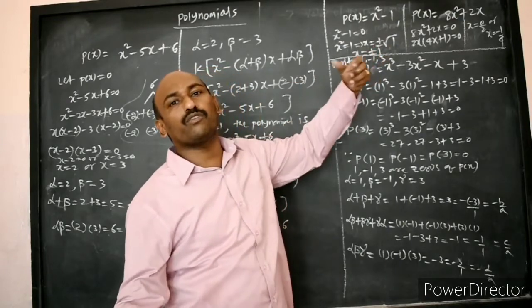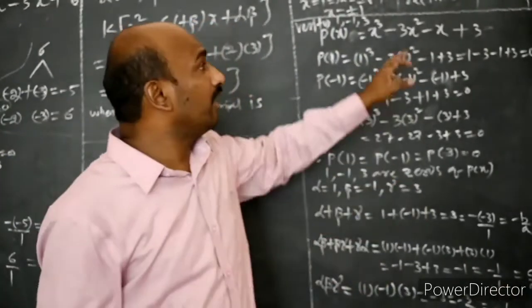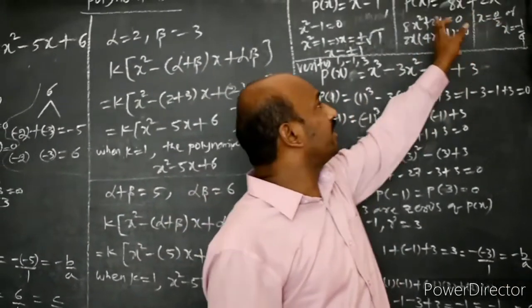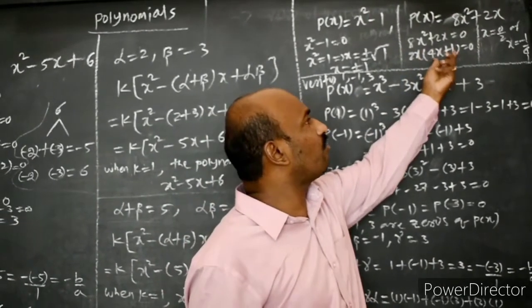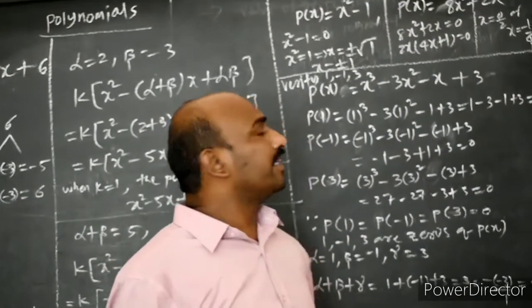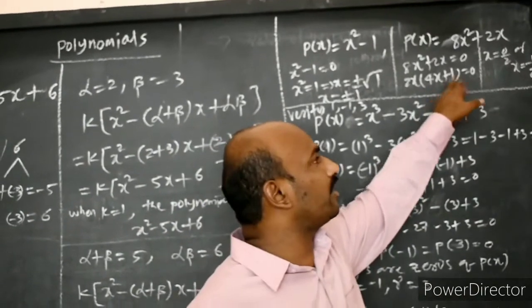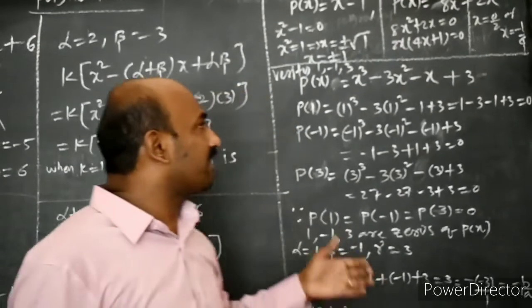Here alpha is 1 and beta is minus 1, we can take, and we can do the same process. And if the c term is missing, 8x square plus 2x equal to 0, we can take 2x common, then 4x plus 1. Here 2x is equal to 0 or 4x plus 1 equal to 0. Then you will get x equal to 0 by 2, nothing but one of the zeros is 0 and the other zero is minus 1 by 4. Like that we can use the same method after that for finding zeros.